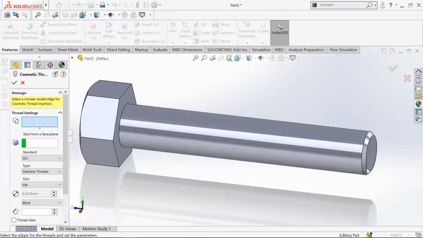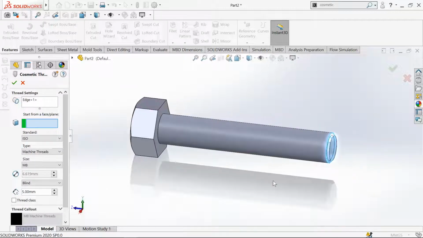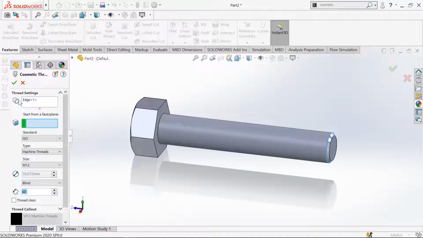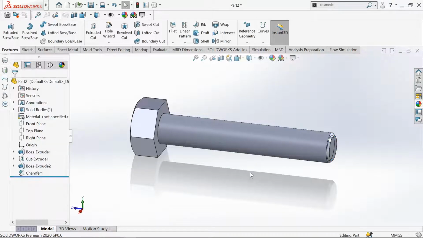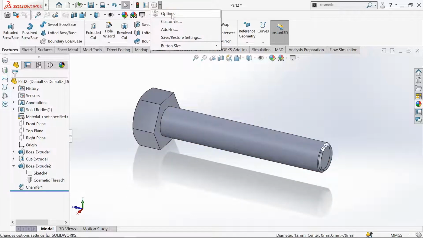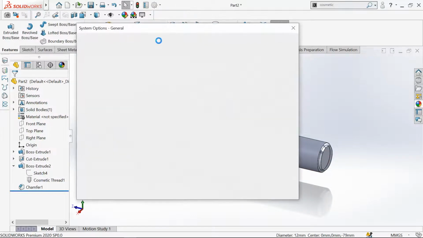Now select this edge. Select here ISO grade, select here machine threads and select here threads of M12 size. Make here blind and give 60 millimeters of thread length. Now click OK. See, our thread is not generated here, so select this setting icon, select options